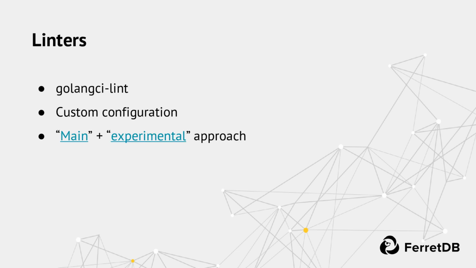Then, again, as every project in Go, I believe we use linters, and again, as every project nowadays, we use Golang CI lint. We have our own custom configuration. It is actually quite custom. We decided to remove all the linters that just don't make sense for us, and we decided to configure some linters specifically for our case. And we actually have even two configs. One config is the main approach, it's something that should always pass, and one more config is for some experimentation. For example, sometimes we want to run some experimental linters, maybe some new linters, to see if they can help us improve the quality of our code or help us get rid of some potential problems and bugs, and so that's what we do.